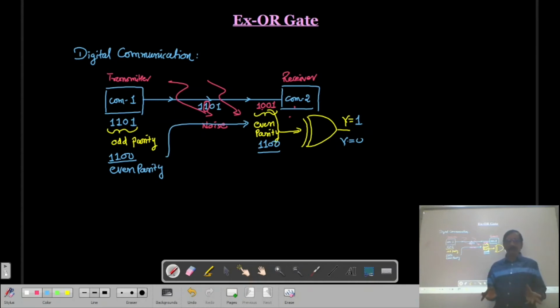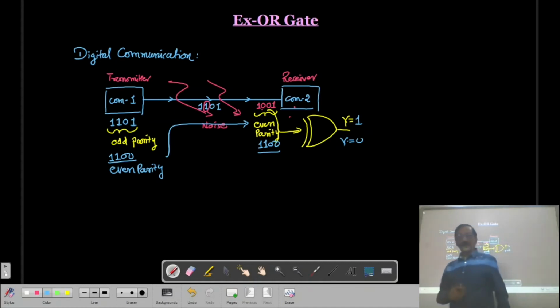Because in the communication, we do not know whether my information is with the odd parity or with the even parity. Correct? So here we require a kind of facility where you can generate the parity. Suppose your information is with the odd parity, you don't have to change your binary number. But if the information is with the even parity, then I have to convert it into an odd parity.